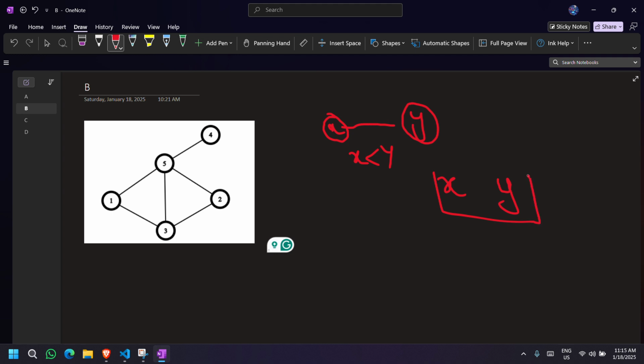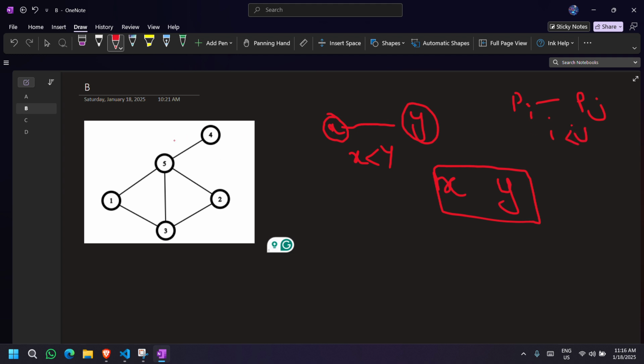Then you can connect the edges between x and y. If y comes before x, then there can't be an edge, because the edge is only present between p_i and p_j if and only if p_i is less than p_j and i is also less than j.